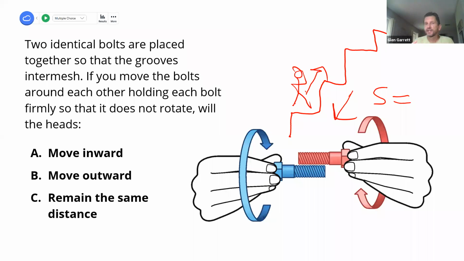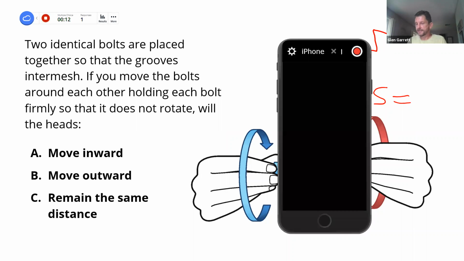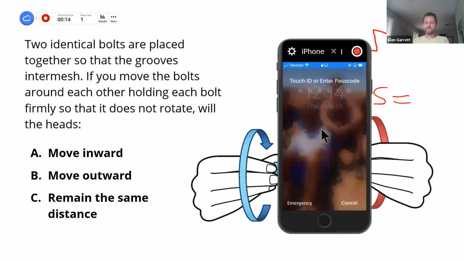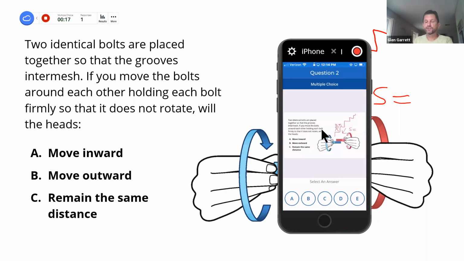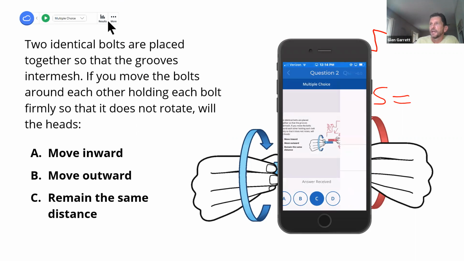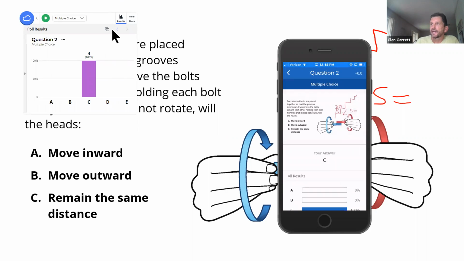So with that being my extra hint, I'm going to open this same polling question a second time and give my students the opportunity to answer it again. If I come back over here to my phone and wake my app back up, it's going to push that same question. Whatever's on the screen, that's what it captures, that's what it pushes out. So hopefully by doing that with my hint, my students are going to realize that the correct answer is actually C. I can close the poll, I can show the results,